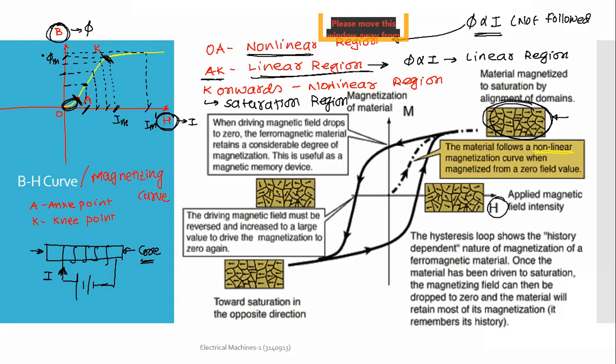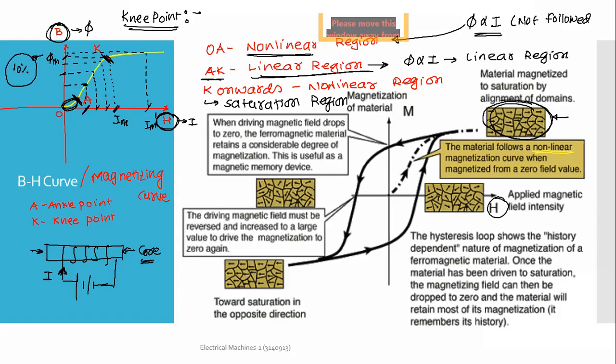If you want to change flux by 10% after the knee point, how do we define the knee point? This is the definition of the knee point on a BH curve or a magnetizing curve. If somebody asks you what you mean by a knee point of any magnetizing curve or a BH curve, then the knee point is the point where